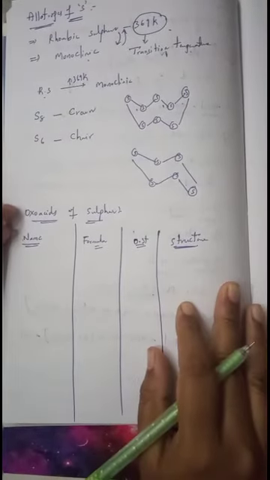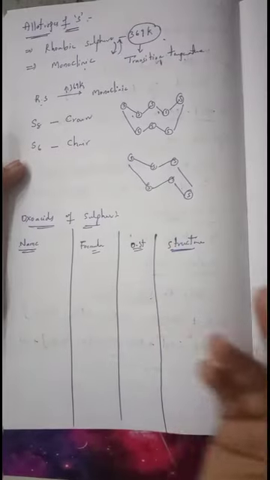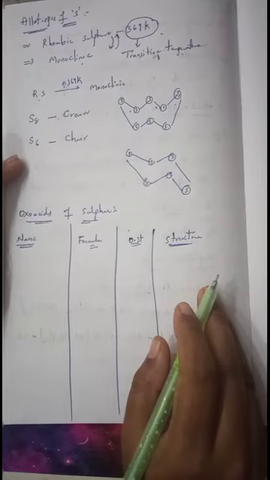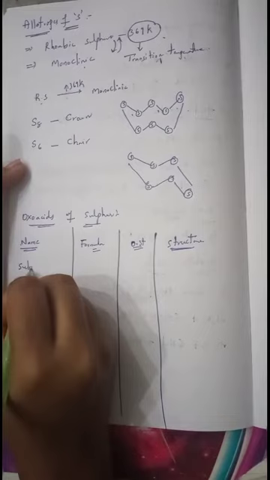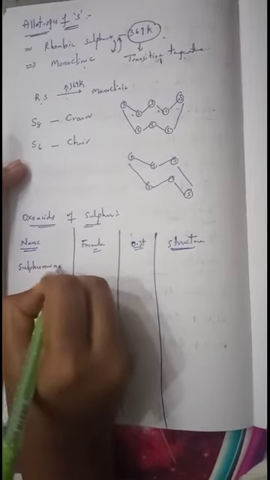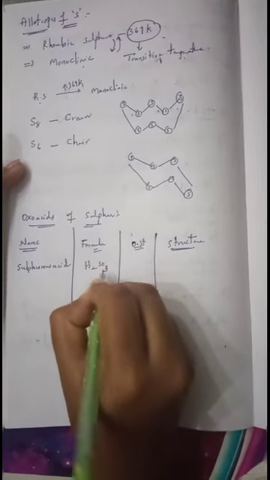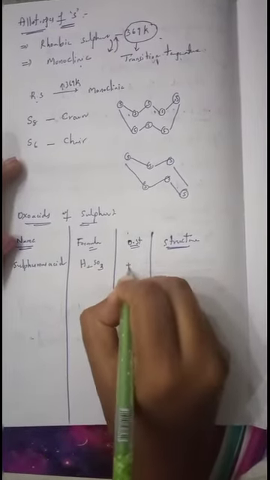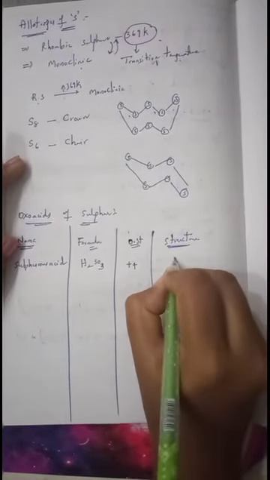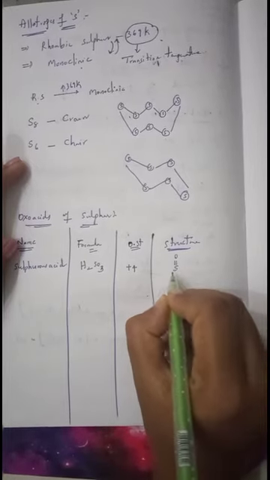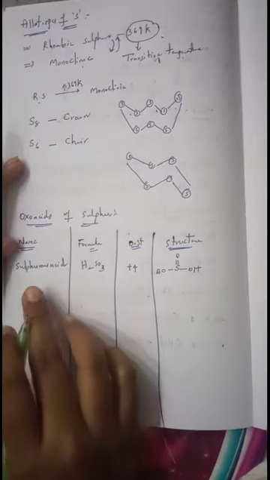Now we'll discuss another important compound of sulfur, which is known as oxoacids of sulfur. So different types of oxoacids are formed by sulfur. The first type of oxoacid is sulfurous acid. Sulfurous acid formula is H2SO3. Oxidation state of sulfur here is +4. If you observe the formula, sulfur is in double bond formation with oxygen, and two more oxygens make OH bonds. Okay, this is sulfurous acid.